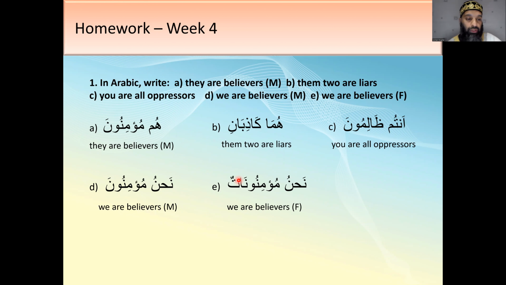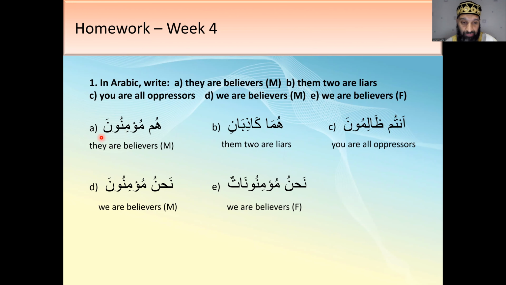Right. Remember when I said that all nouns are always default marfu, and the only way they're going to change is if a certain word, or certain combination of words, comes before it in a sentence, then it may cause the noun to become majroor or mansub. But if the noun is the first word of the sentence, then nothing is coming before it because it's a new sentence. So it's going to be marfu. Now here,